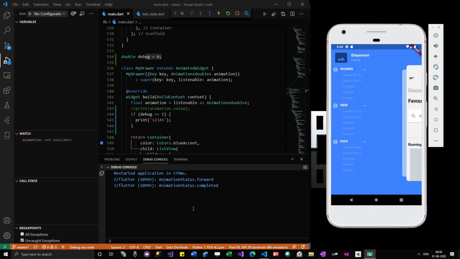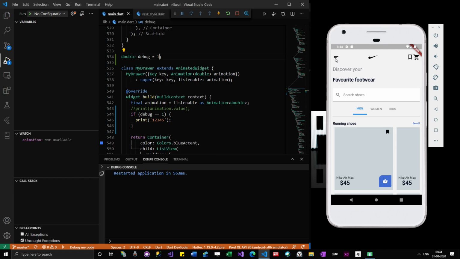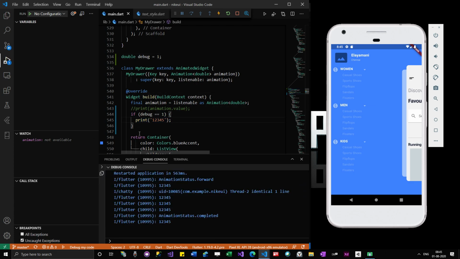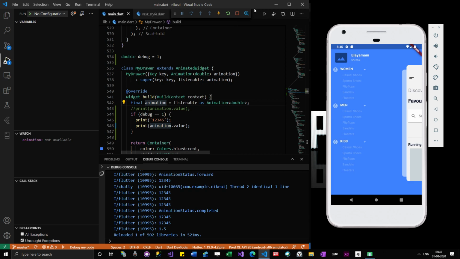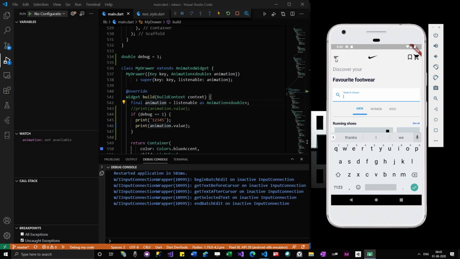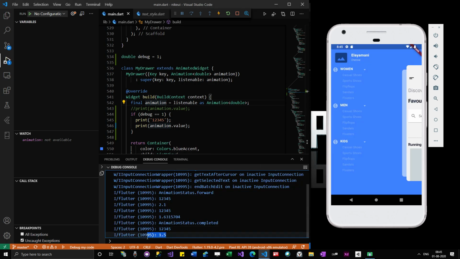that nothing will appear over here. When I change this to 1, and then reload everything and click the same icon, same menu option, you can see that this part of code has reached. Likewise, I can actually print other options also, like print animation, like I'm trying to print what's there inside this value. Okay, I will restart it, and you can see there is some value inside that animation dot value.